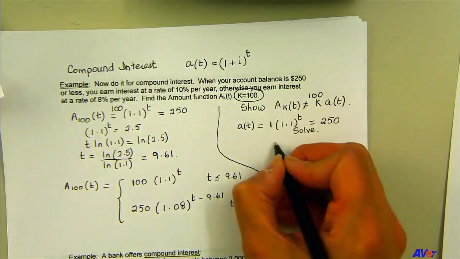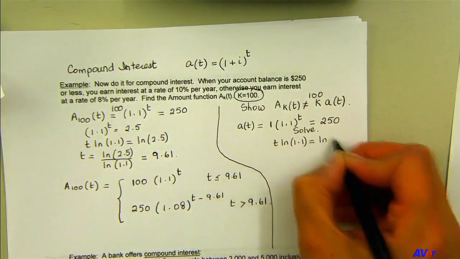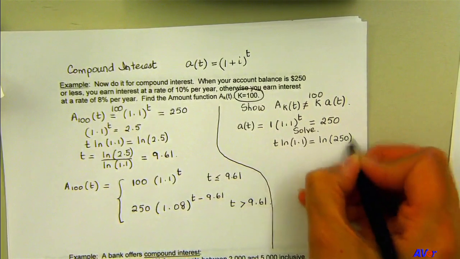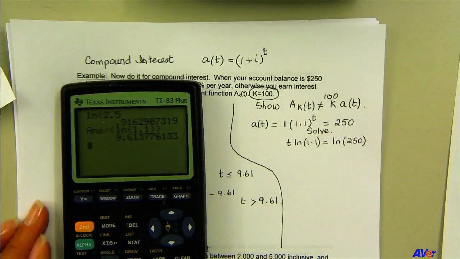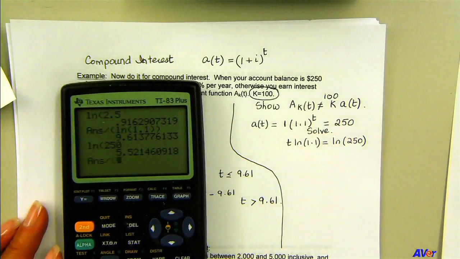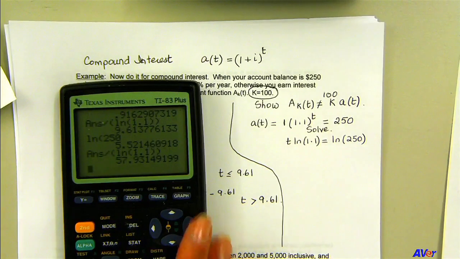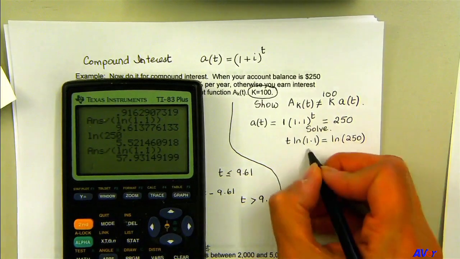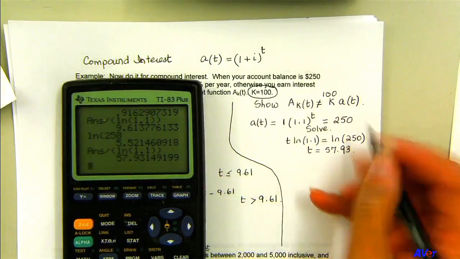So T ln 1.1 equals ln of 250. Let's solve. Ln 250 divided by ln 1.1. 57.93 years. T equals 57.93. So the A of t function